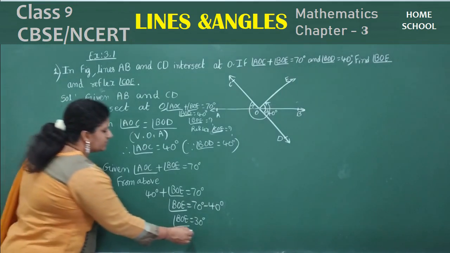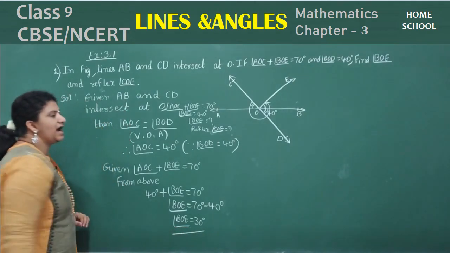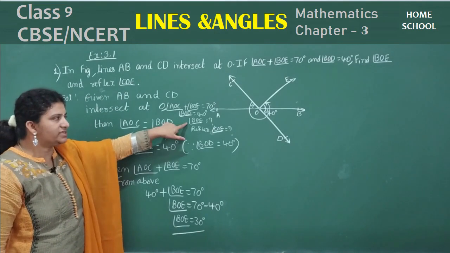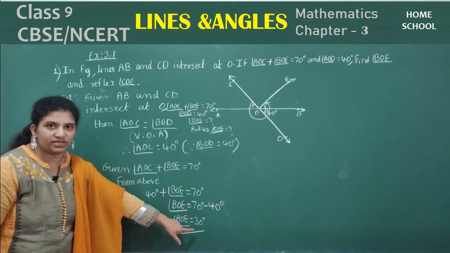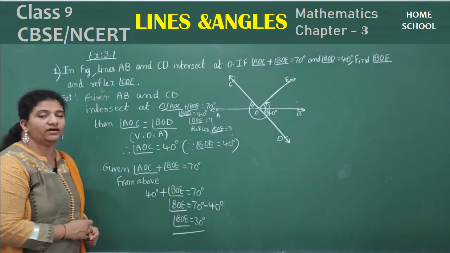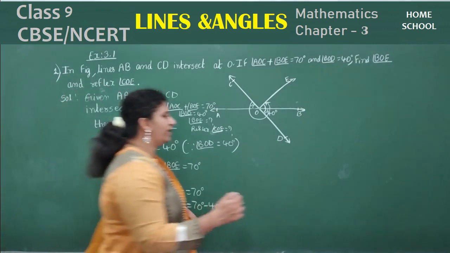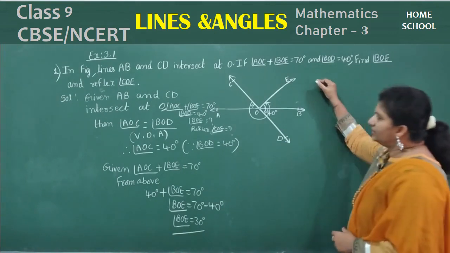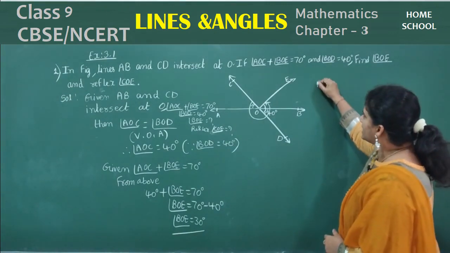Right? This is your question. They asked you to find what is BOE. BOE is equal to 30 degree. So next step, what you need to find here? Reflex angle we need to find. So look here carefully children. In order to find reflex angle